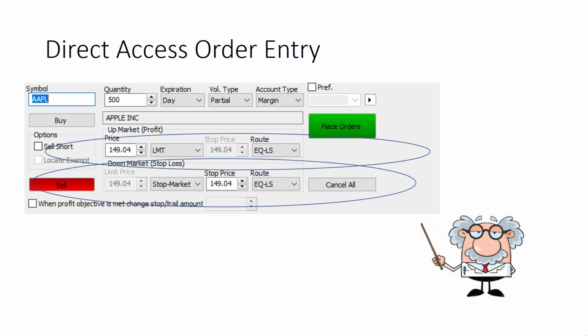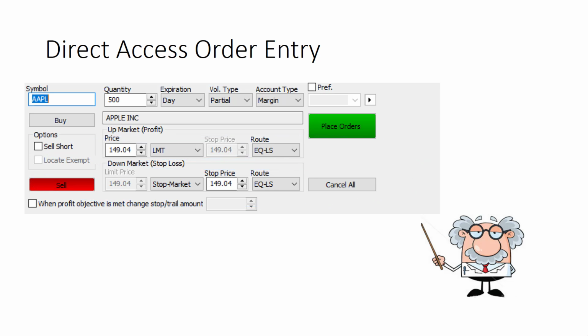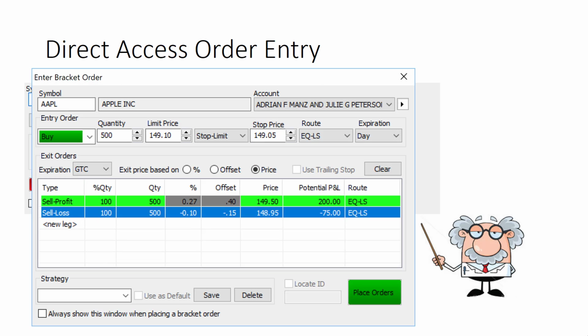And you'll notice that this allows even for the initiation of different types of orders. You can use a limit order, you can use a market order, you can use stop limits, you can use stop markets. All of your better direct access trading software is going to have a large variety of order types available for you to work with. So this is called an OCO order, and you should notice here that there's one thing missing on this OCO, right? It's not totally automated. You had to get into the trade to begin with. You can also use something called a bracket order, and bracket orders are a really neat order type. So in this case, we can tell our software that we want to buy Apple.